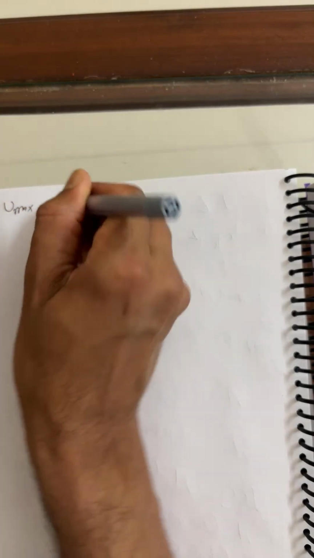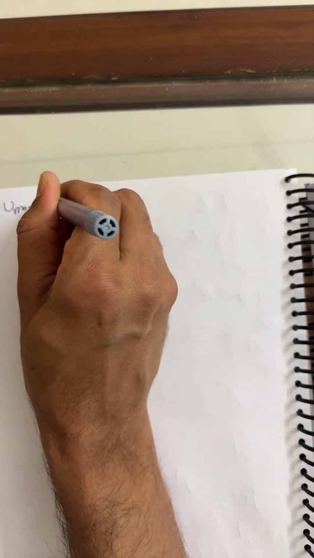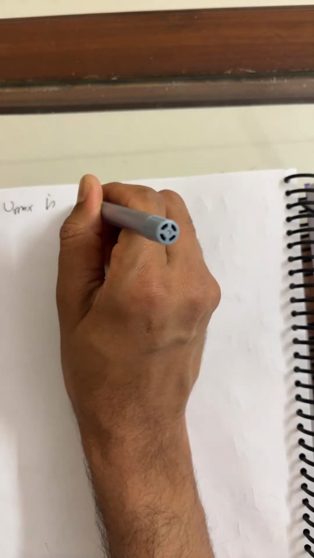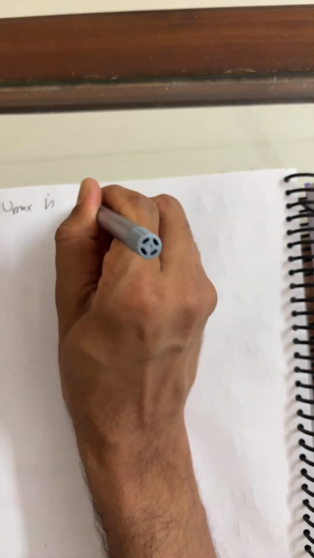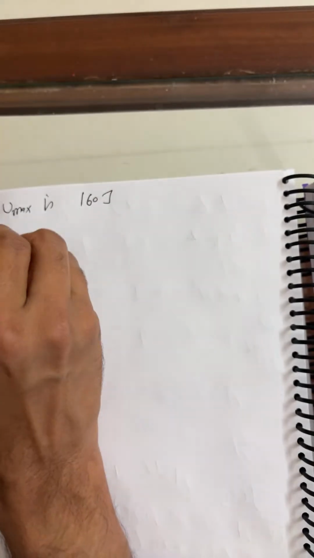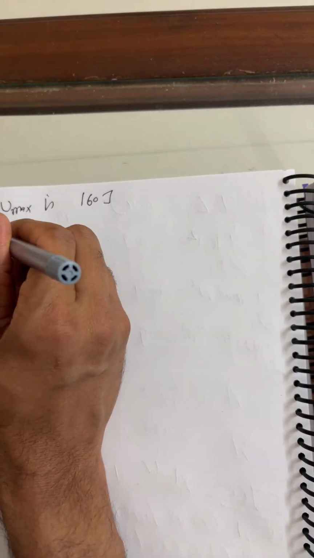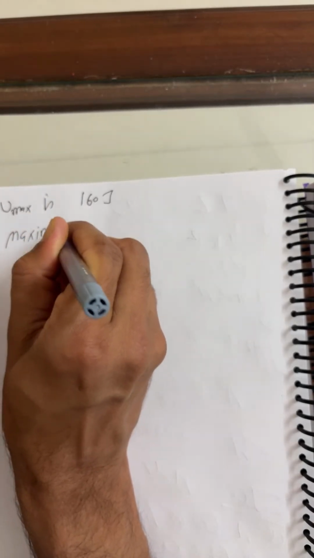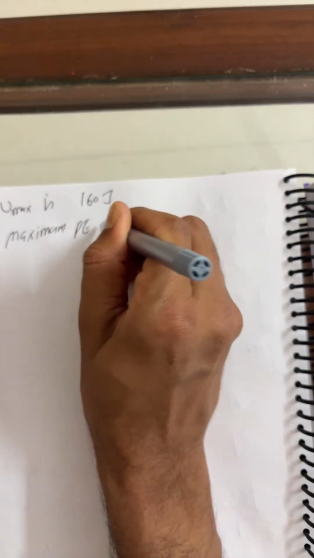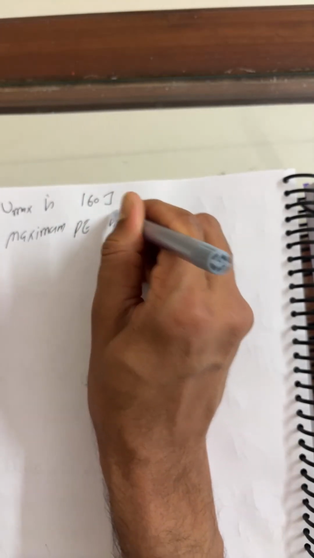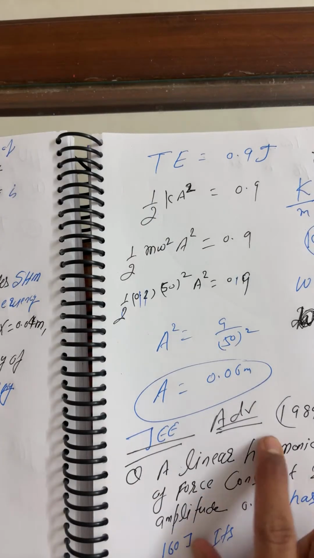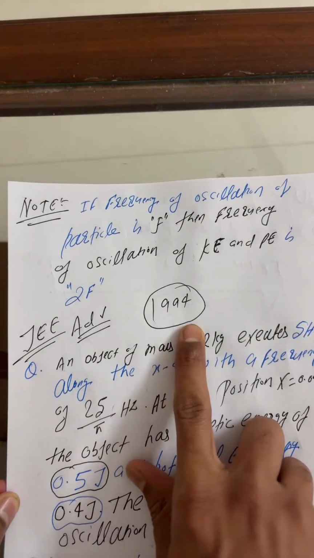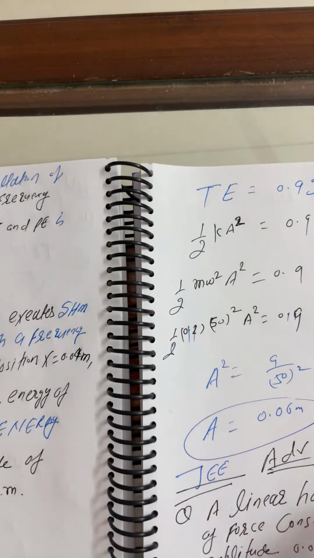Maximum potential energy is 160 joule. Last option: maximum potential energy is 0. You can say this question J8 was 1989 and 1994, almost similar,